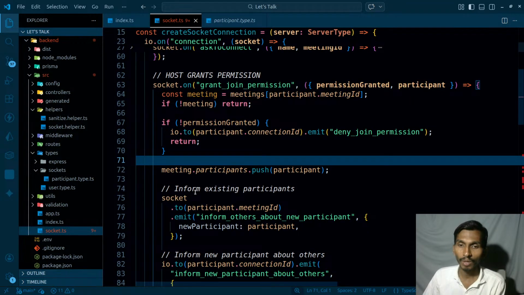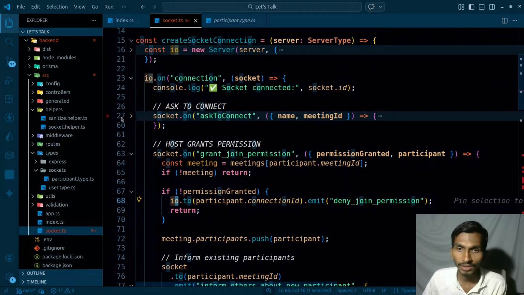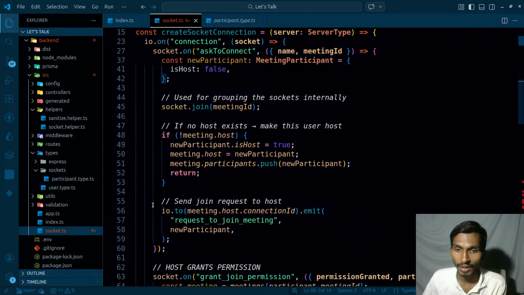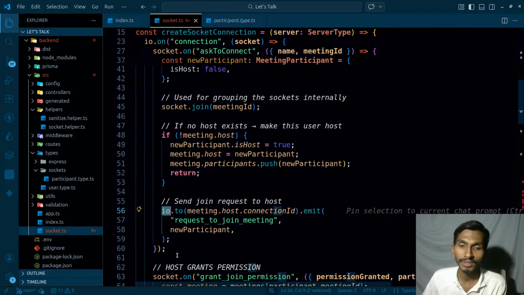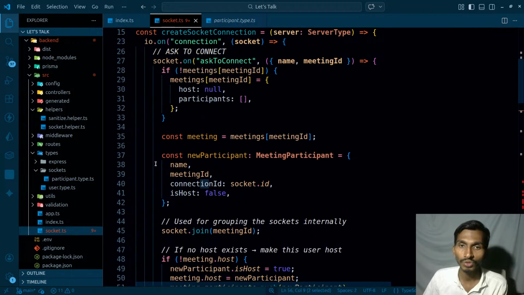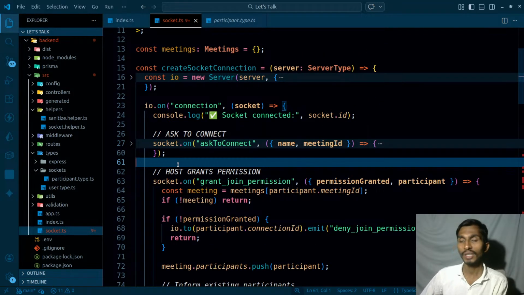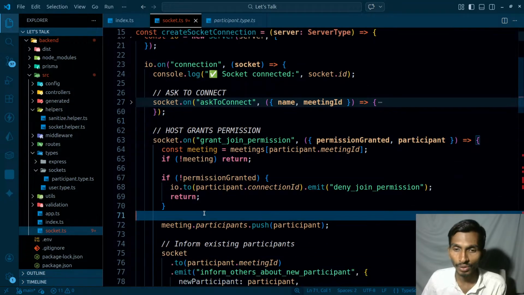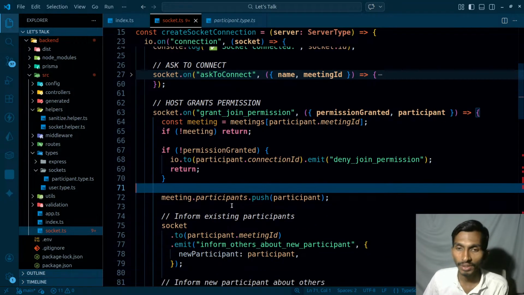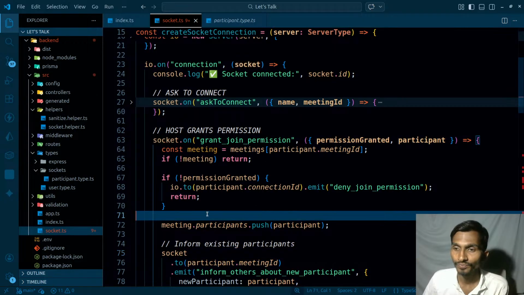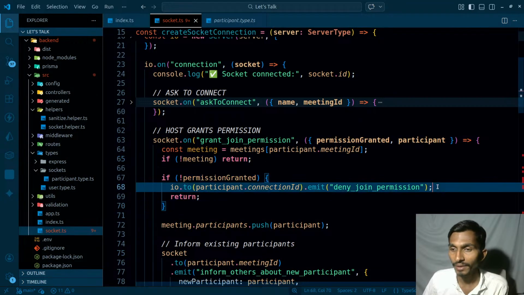Mostly IO is used whenever we are simply emitting any event, so I think that's the most used one. So when listening I'm using socket, when emitting the event I'm using IO directly, because IO includes you as well. Using IO you can send the events to almost any specific user, and that is why that is used. So this particular thing is done, and the deny event will be triggered